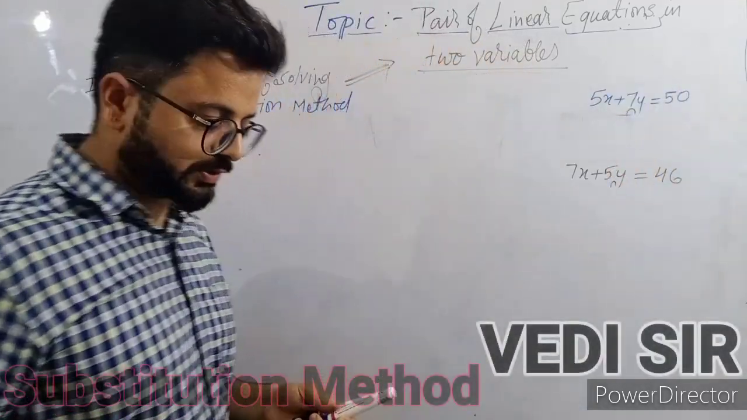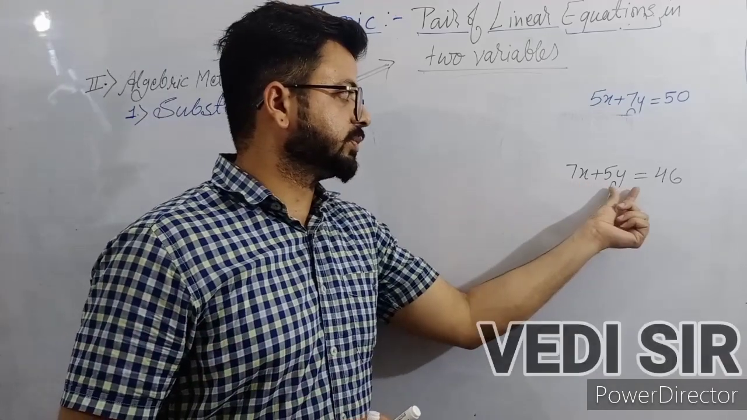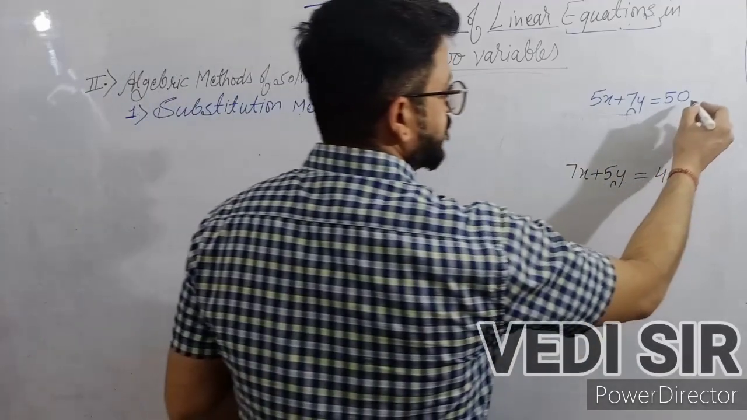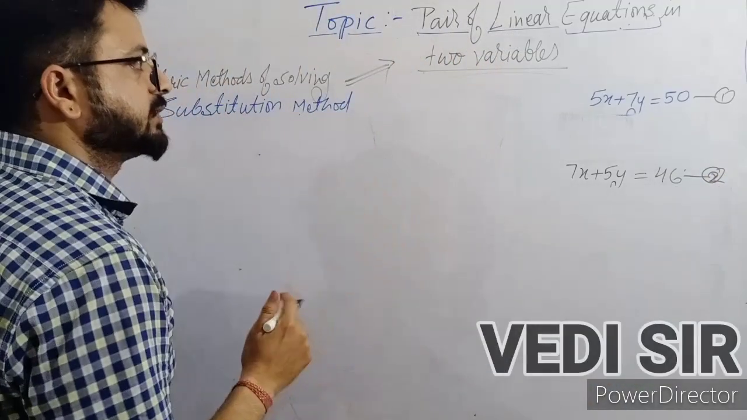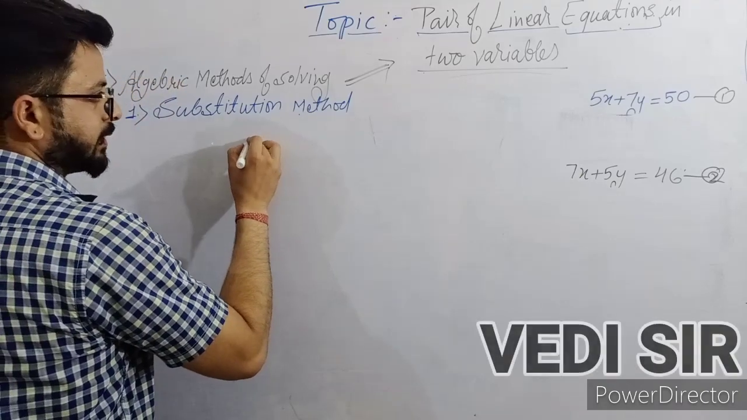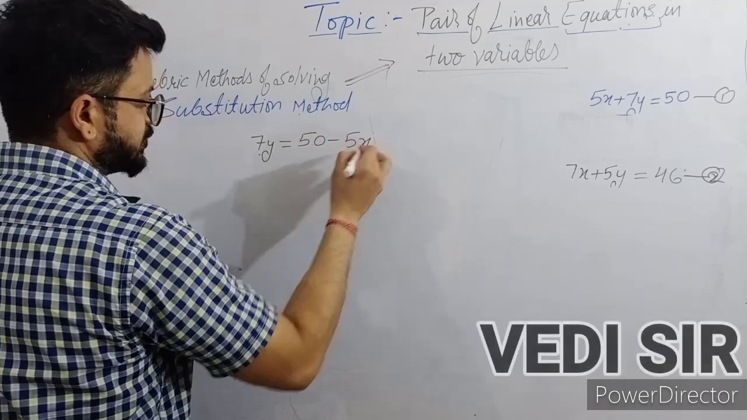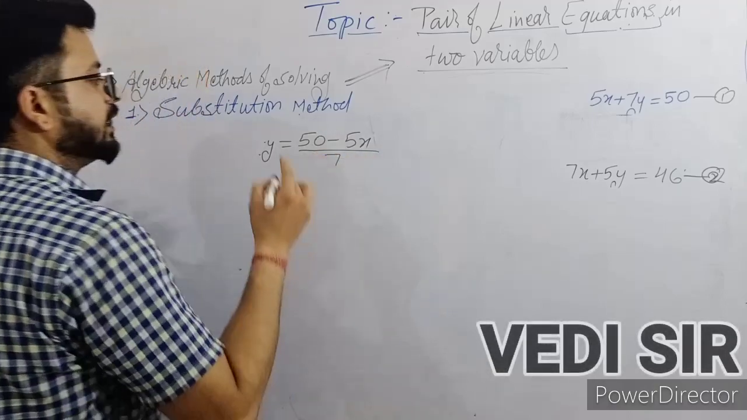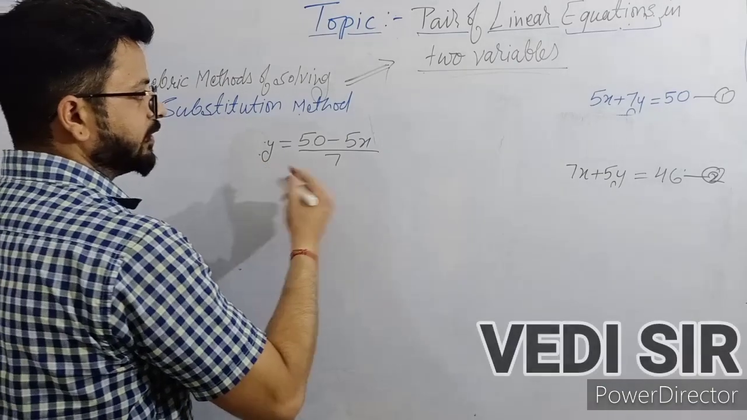We have two linear equations: 5x plus 7y is equal to 50, and 7x plus 5y is equal to 46. I am naming these the first equation and the second equation. Now from the first equation I am calculating the value of y. 7y is equal to 50 minus 5x, and if you remove 7 from here, then it will go in divide. So this value I am placing in the second equation. This is the y value from